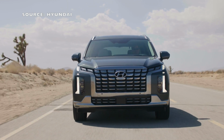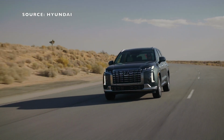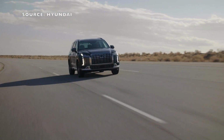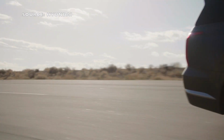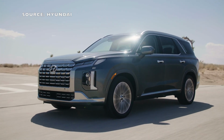This is the 23 Palisade, which is Hyundai's 3-row crossover, and as you know, it competes directly against vehicles like the Honda Pilot, Ford Explorer, Kia Telluride, and more. You also may have heard that the Palisade has been doing incredibly well for the Korean manufacturer, with demand being absolutely through the roof. Well, for this new model year, Hyundai has given its flagship model what some would consider